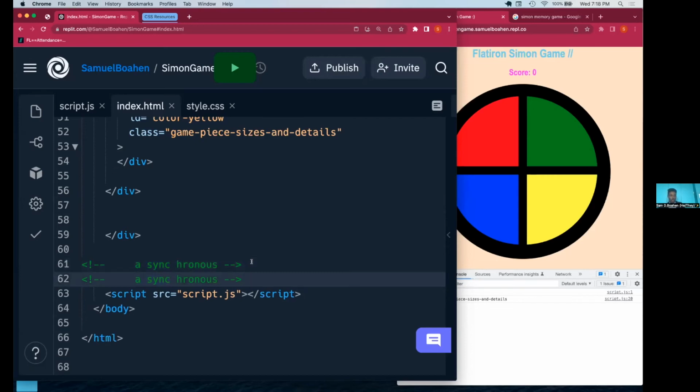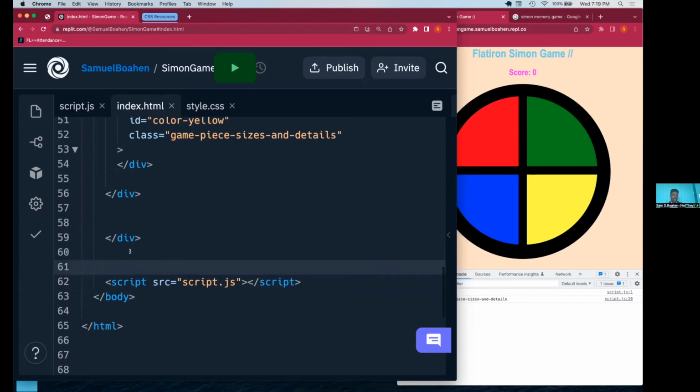If I copy and paste this as well, I can show you there's another word hidden in here that can help us make a little more sense of this very technical term. The word chronos is in that as well. Anyone who's into mythology knows Chronos is the Titan, but the word itself also means time. So asynchronous is pretty much saying it is not at the same time. With our script tag in our body tag, what happens is it loads after all of our elements load,